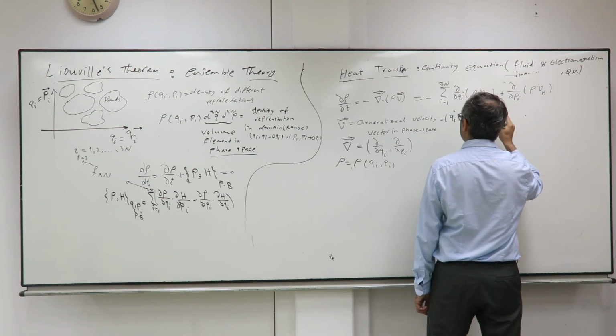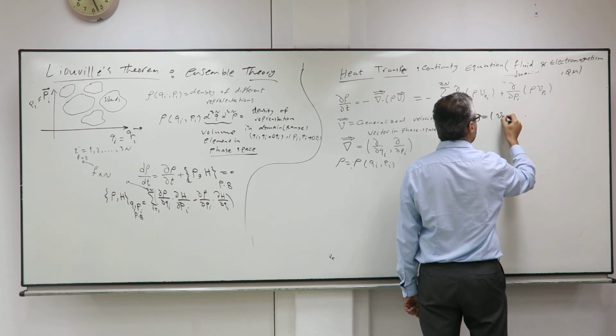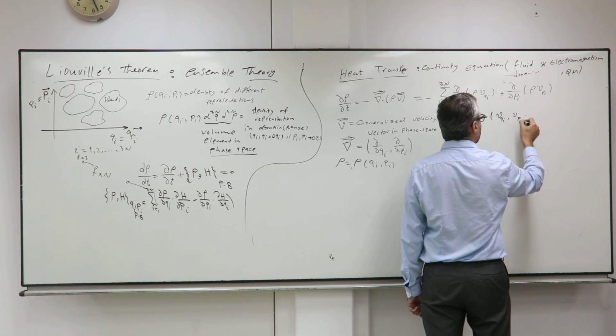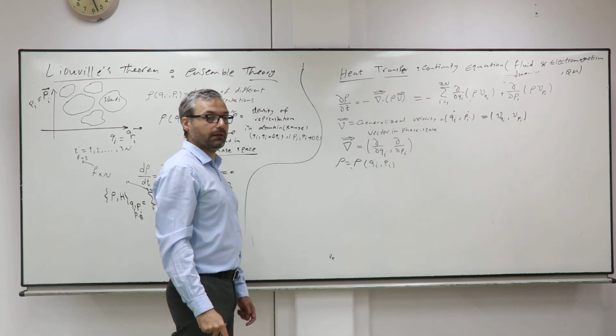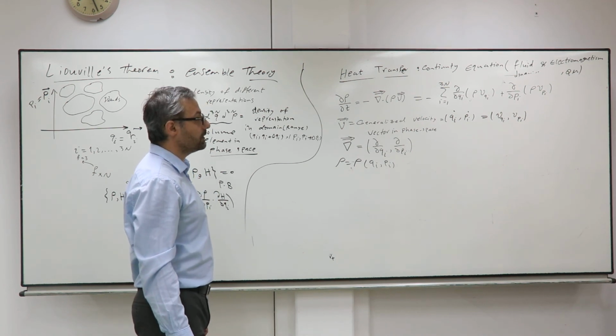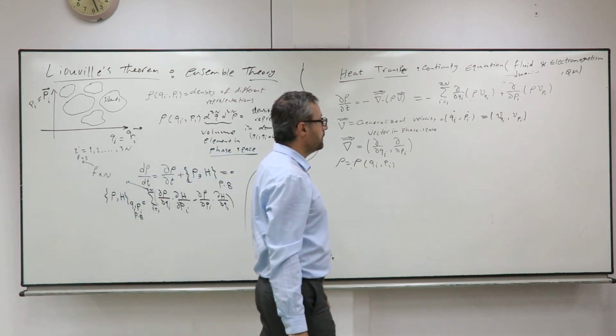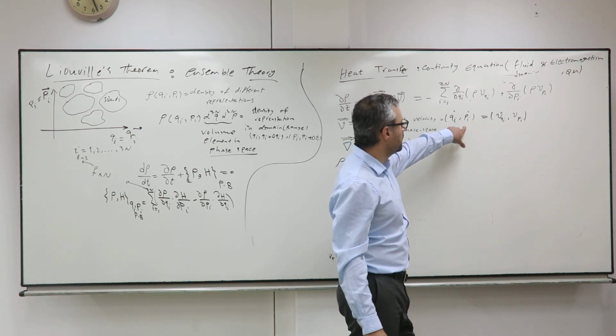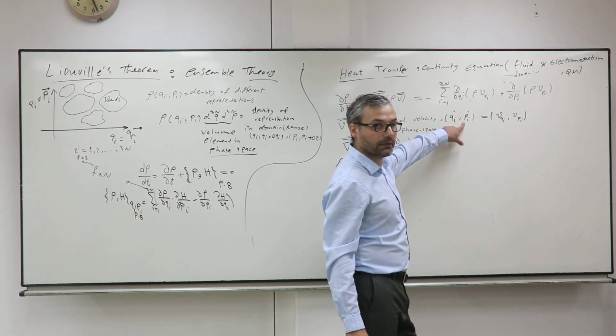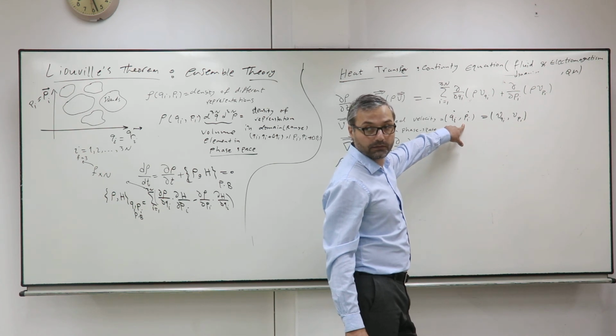The velocity vector has two components, I call them v_qi and v_pi. The second one doesn't actually have the meaning of a velocity. The first one makes sense as a velocity. The second one is something like the force, the time derivative of the momentum. But we use the same